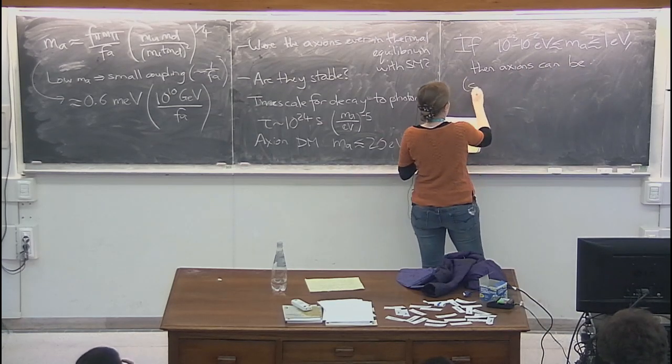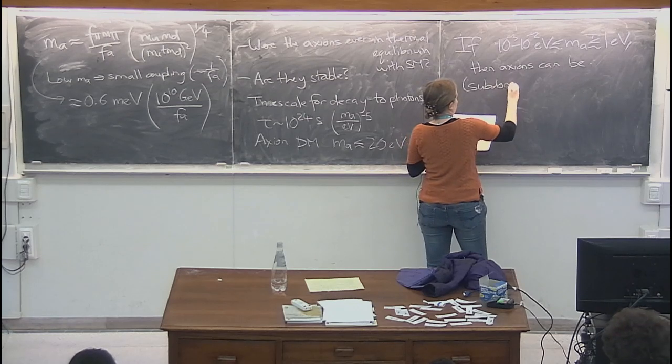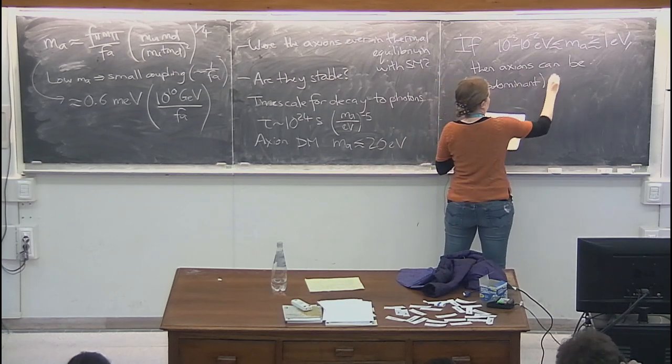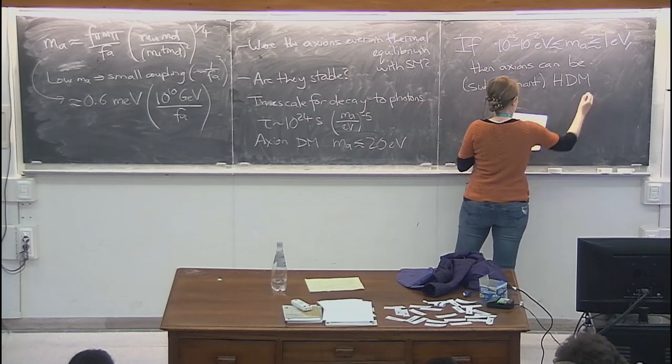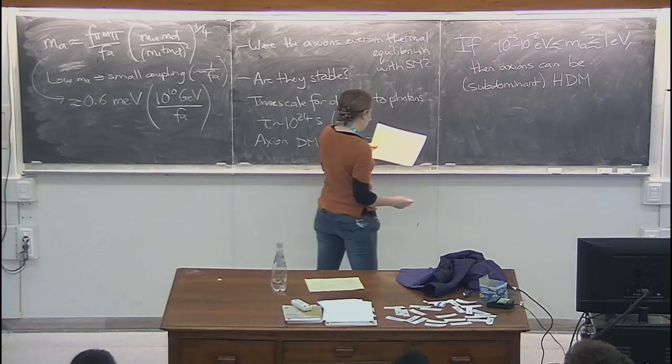And the fraction of axions over the fraction of DM is order